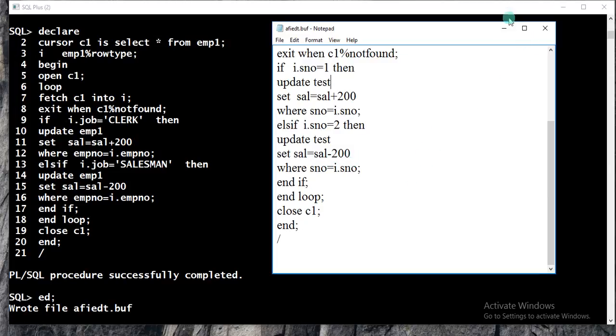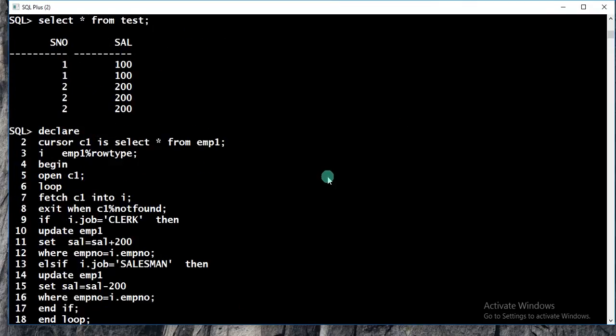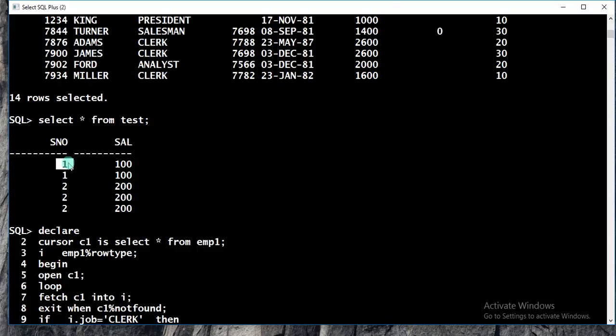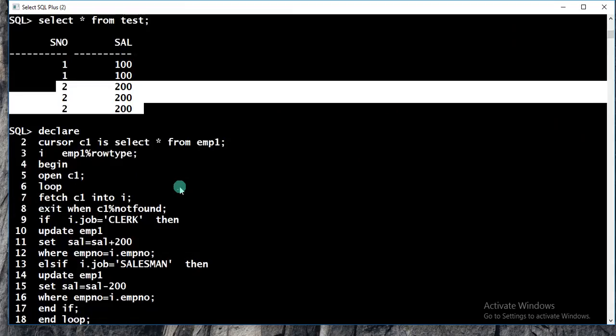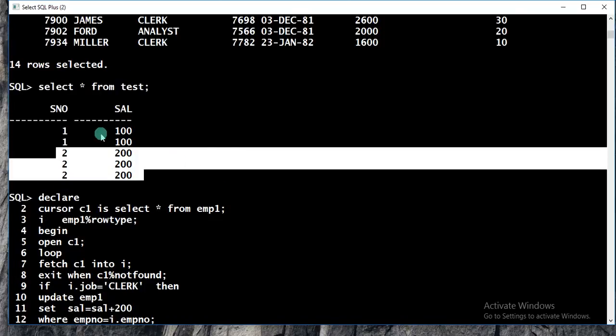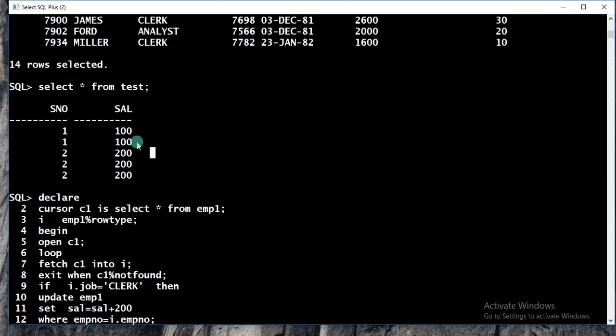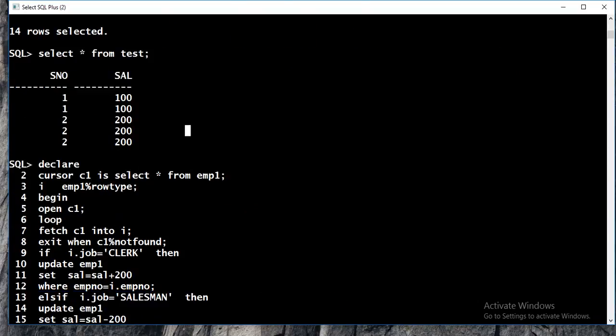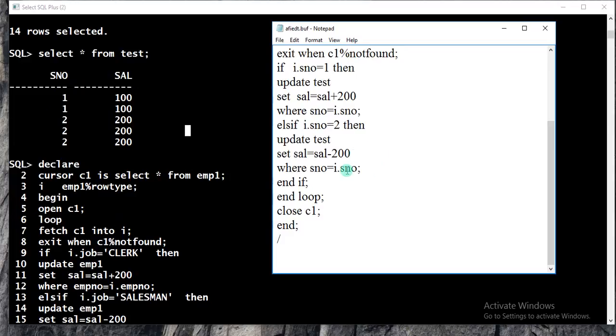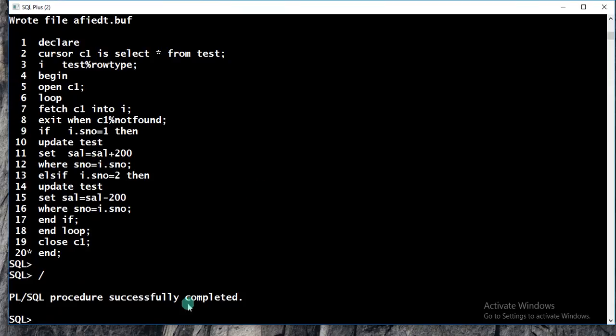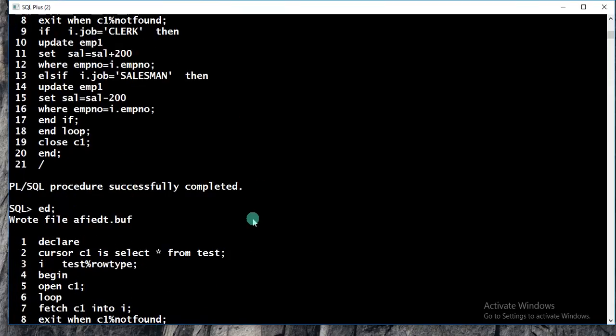Before executing that, you have to once again observe in this, the S number equals 100, 100, here 3 duplicate records. The same program I am applying to this duplicate data of the table. So you have to observe on that.